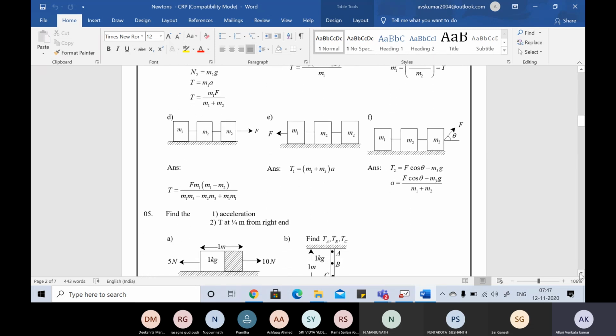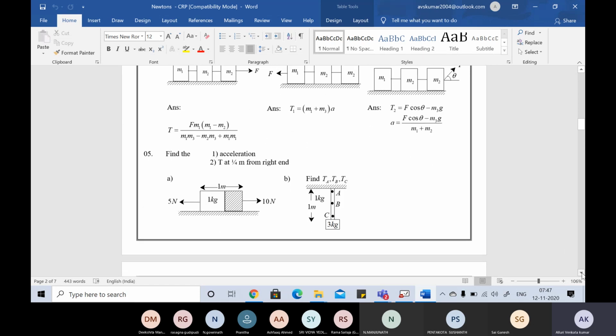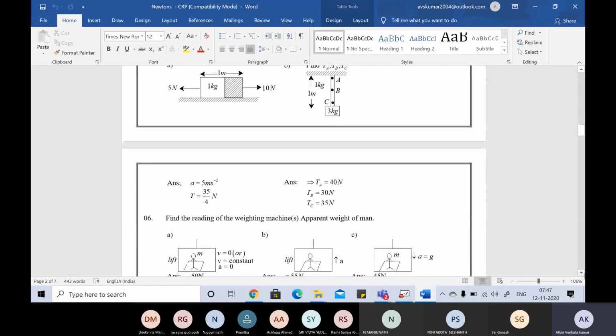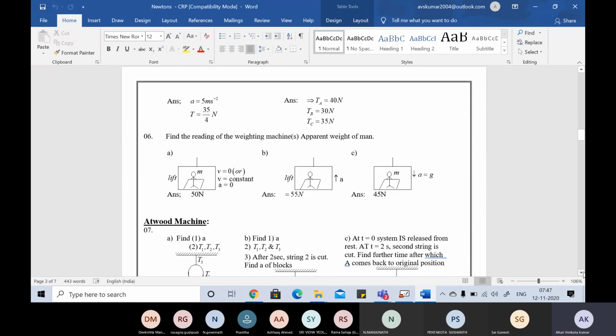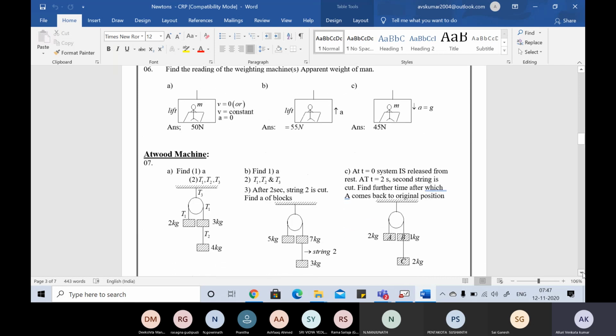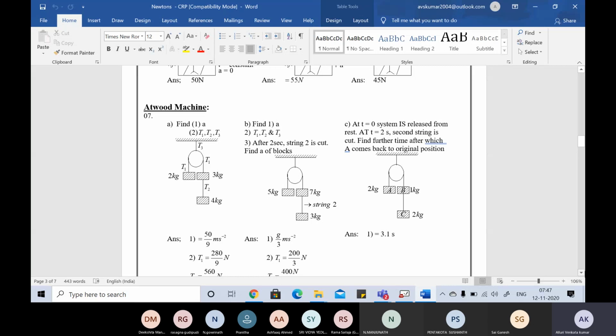So these are all just for practicing how to draw the free body diagram, and how to find out the acceleration and tensions. And then the next one we'll see afterwards. This sixth problem also I think you must have done. And yesterday I forgot to tell this one, the Atwood machine. Find acceleration, T1, T2, and